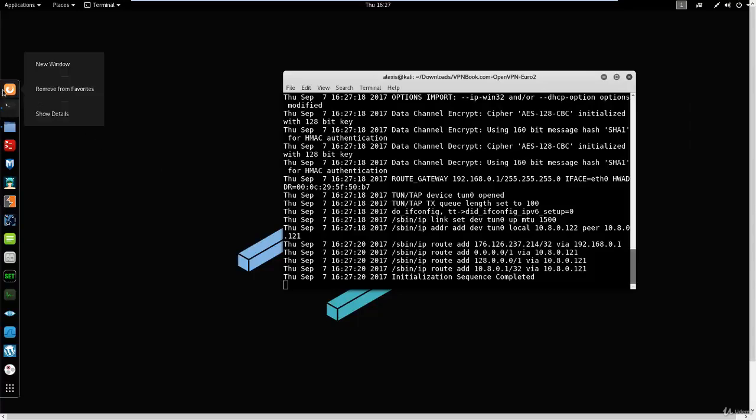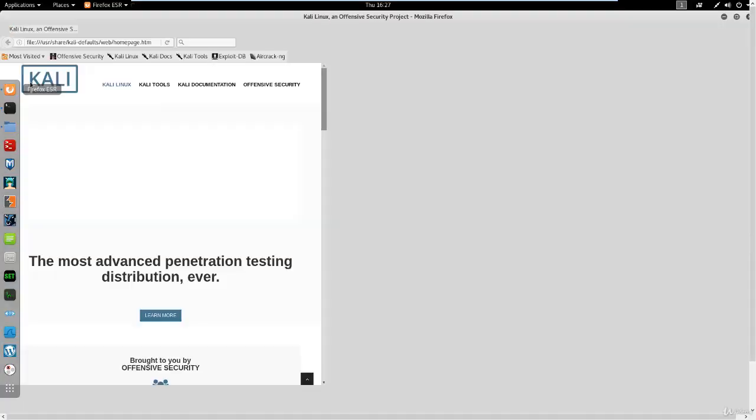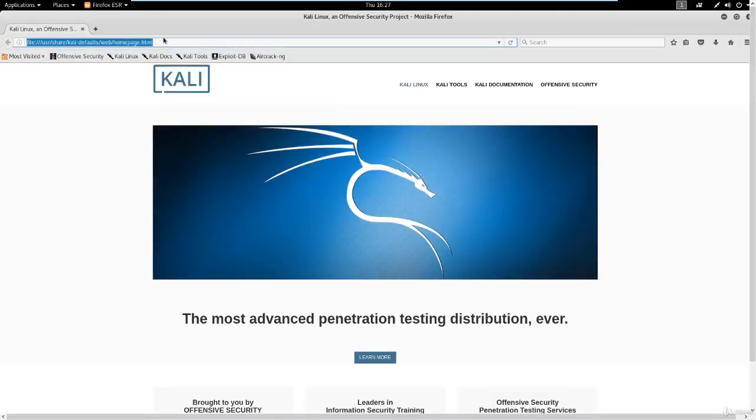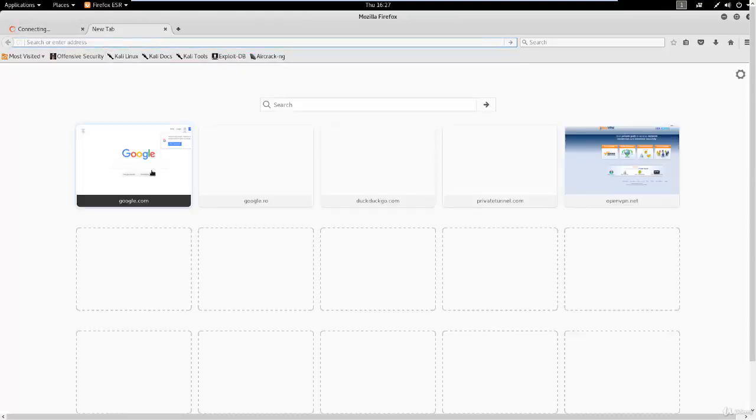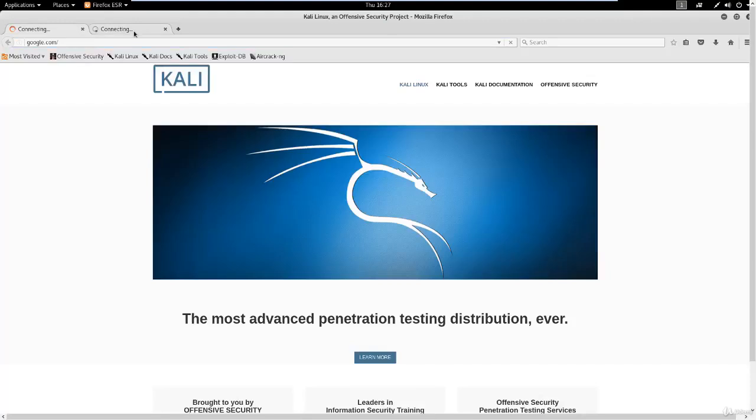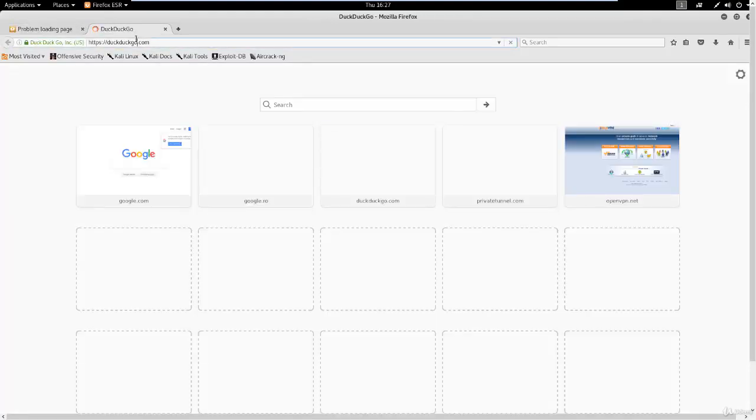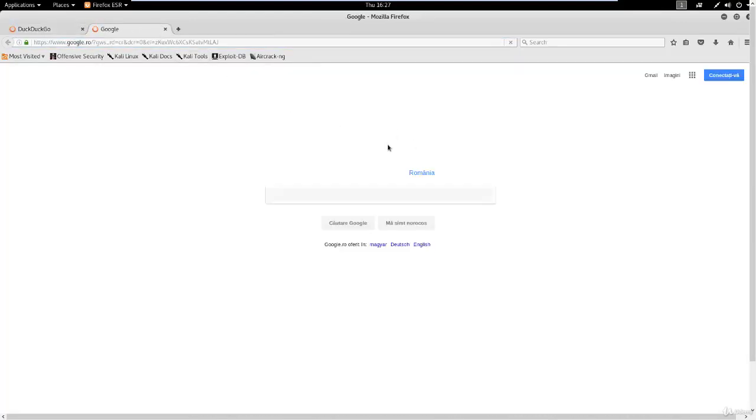It's always good to restart the browser just so everything loads up correctly with the correct VPN settings that you have set. So again, I'm just going to try google.com and let's see what we get, if we get anything at all. DuckDuckGo.com, let's try and open that up as well. And there we go. Okay, DuckDuckGo seems to have opened. I don't know if this site will open up. That's the error that we keep on getting. All right, there we are. So as you can see, the VPN now works if we use the UDP 53 certificate